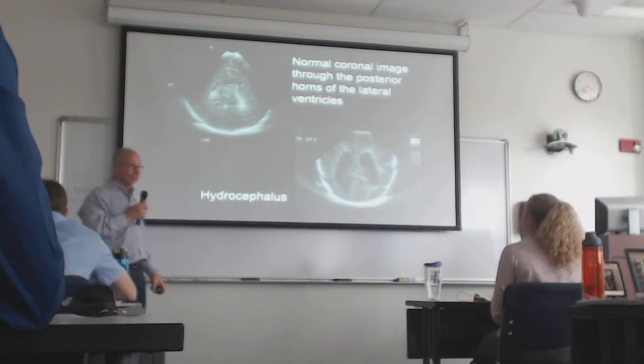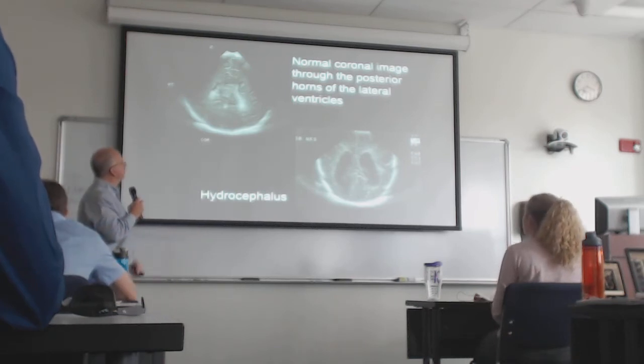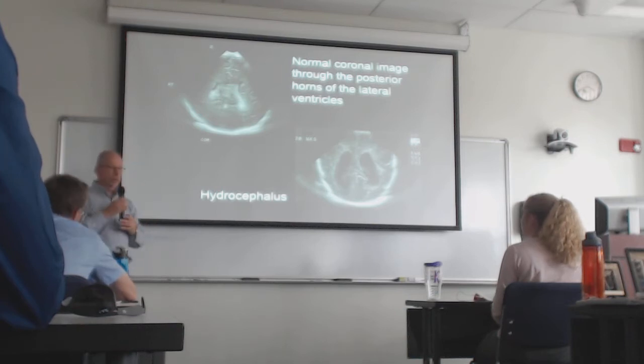On the coronal view, that's normal. Where's the probe placed? Is it right in the anterior canal? Yep, it's just turned. So the beam may be doing this, in which case I get a sagittal image. And I turn the probe and it does this and I get a coronal image.